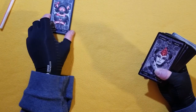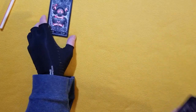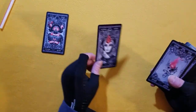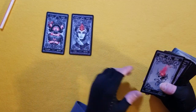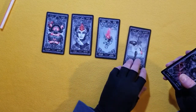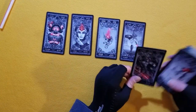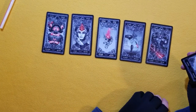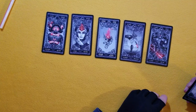Here's my Fool, El Loco. I'll have to check again. I was almost out of the thing there. Here's a star. There's my skull. Here's death. I think what I like the most about these cards is that